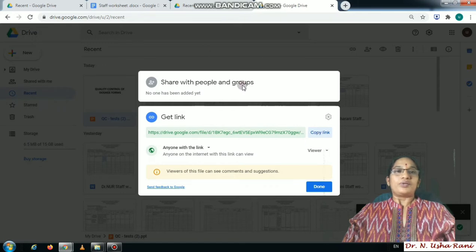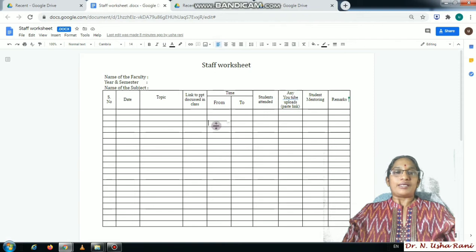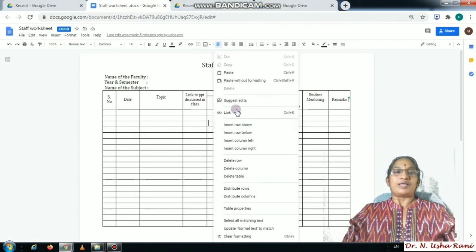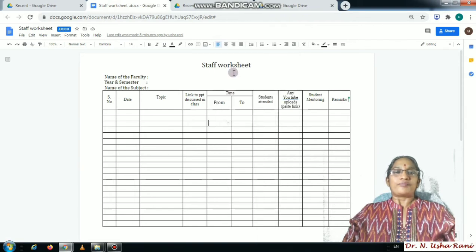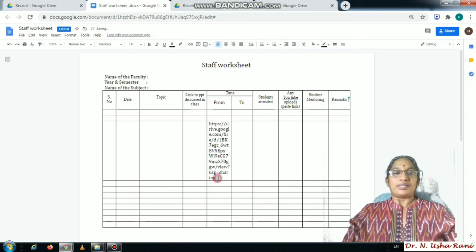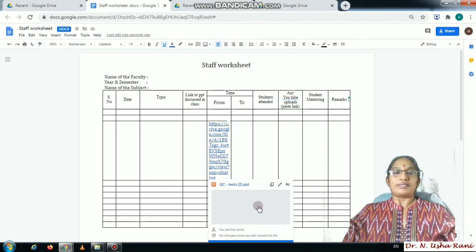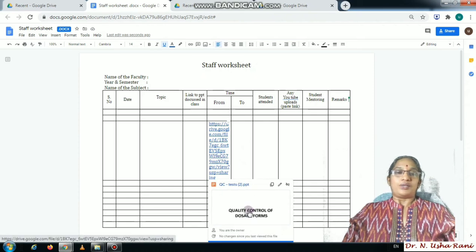and then you can place it in any of the documents that you want. So like any staff worksheet, etc., you can paste. So I have pasted it here. Just click the space button so that your link gets activated, and see, I'll just try to click on it and you can see that the PowerPoint is loaded into the data sheet wherever you want to place it.